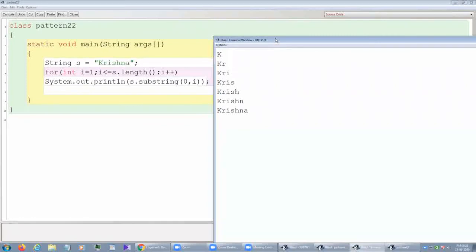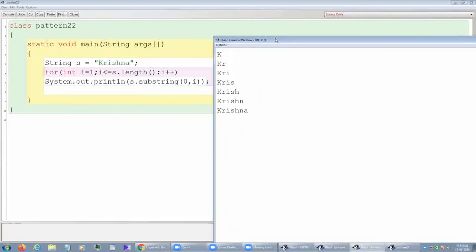First, you may take the input, or you may assign it in the program. If I assign String s equals Krishna, I start from 1. Why do we need to start i from 1? Because we all know the use of substring(0, 2) means it will print index 0 and 1. If a range is given, it starts from the first number to one less than the end of the range. Like if 5, 8 is given, then it will print 5, 6 and 7.